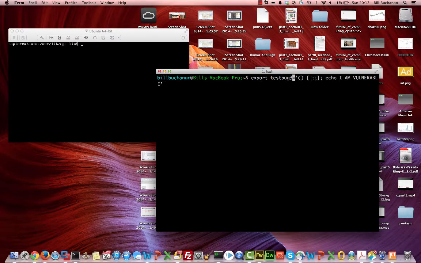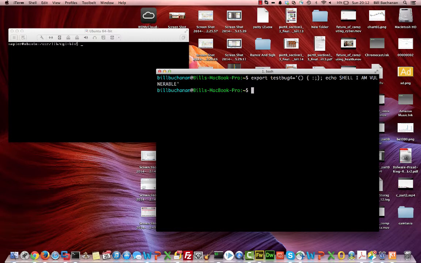in this case we have a function called test4, and that's the function there. It's got nothing in it really, and then at the end of it we're saying this is some text. We're going to exit some text here, and what happens with the flaw is that whenever there's a function with some text after it, it is executed after we run the bash shell when we export a variable